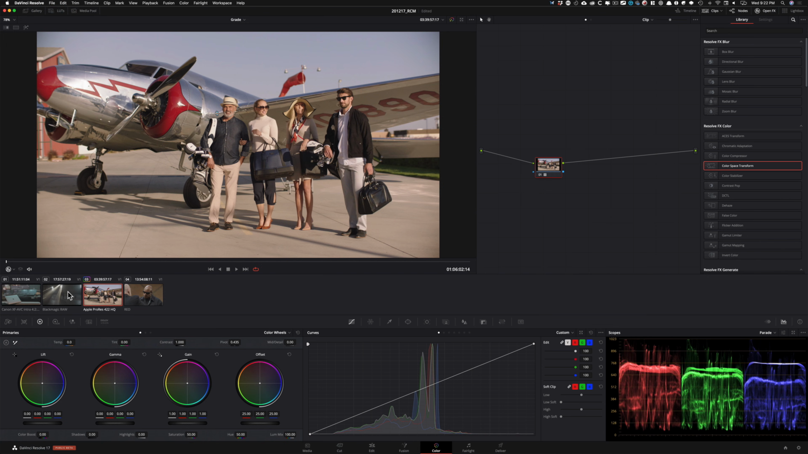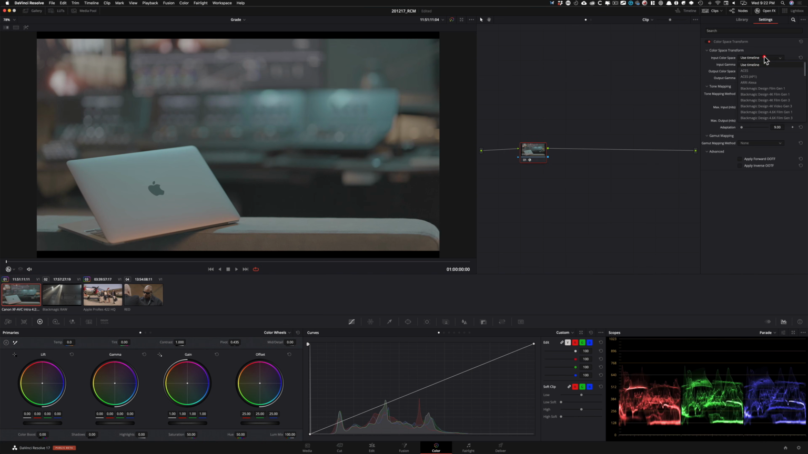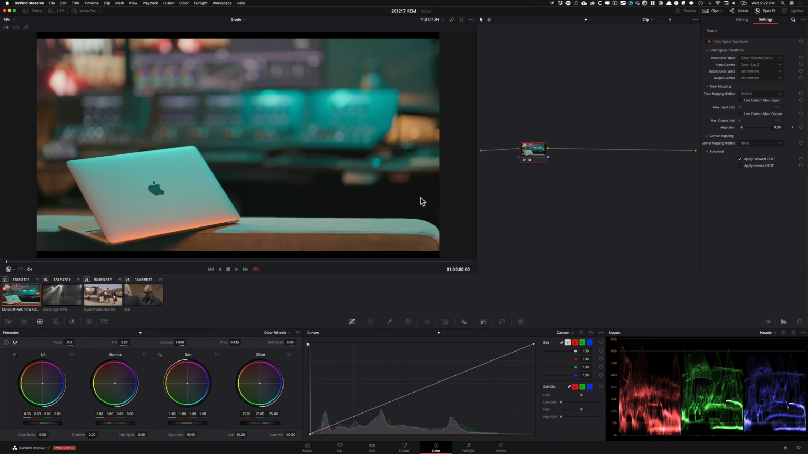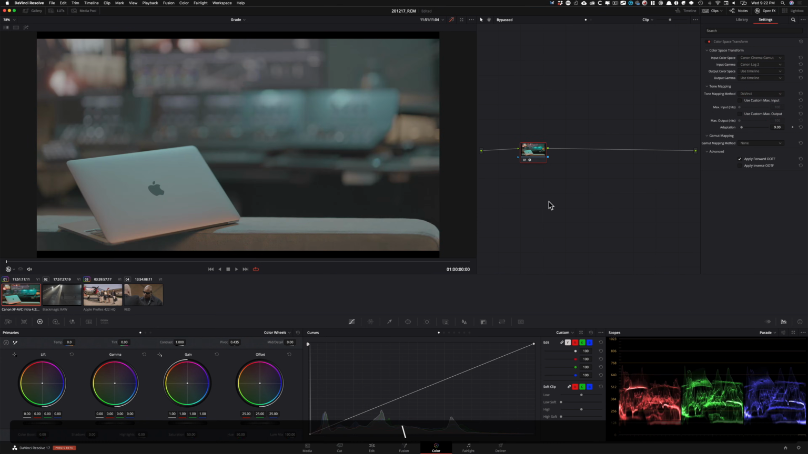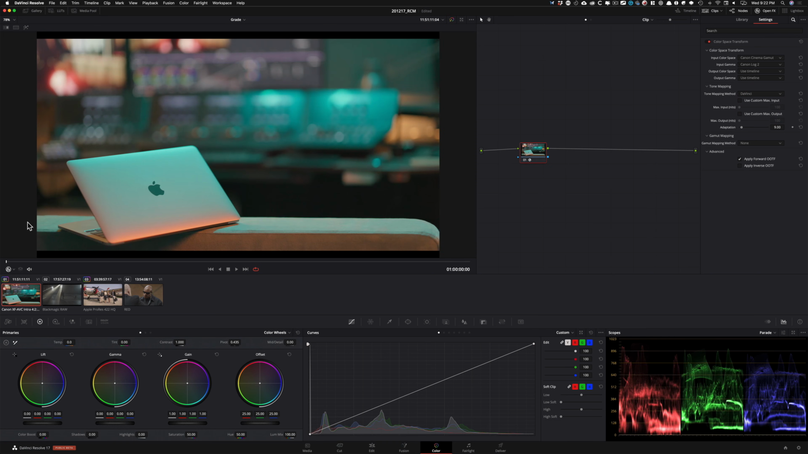Or I can do it a color space transform way. I can click on this guy and say, hey, give me my Canon Cinema Gamut for input color space and input gamma, give me a C-Log2, and boom, right there. If I go before and after, you can see we went from flat and we converted it to Rec 709. So these are two ways to go about converting your image into a Rec 709 color space and then start